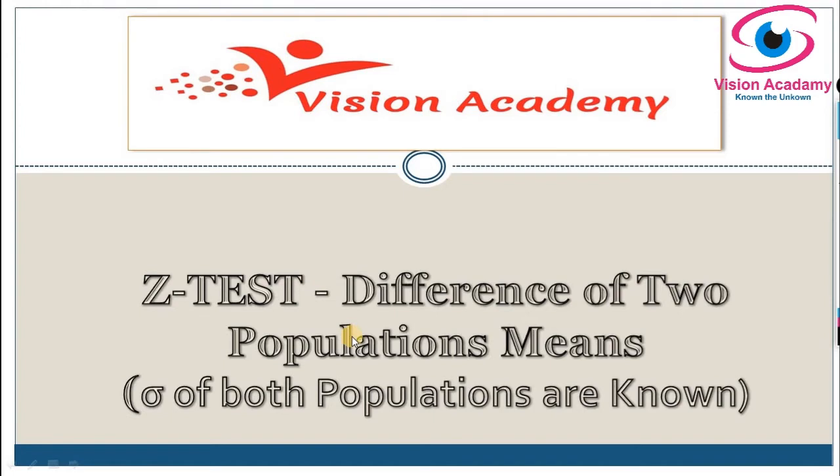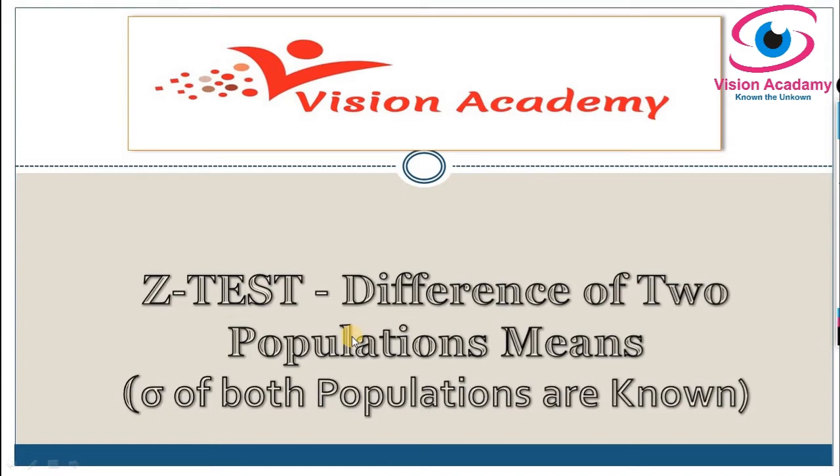But there are so many situations where we want to test the hypothesis about the difference of two population means. For example, two manufacturing companies produce the same type of bulbs, and one may be interested to test that one is better than the other. An investigator may want to test the equality of the average incomes of people living in two cities, etc. Therefore, we require an appropriate test for testing the hypothesis about the difference of two population means.